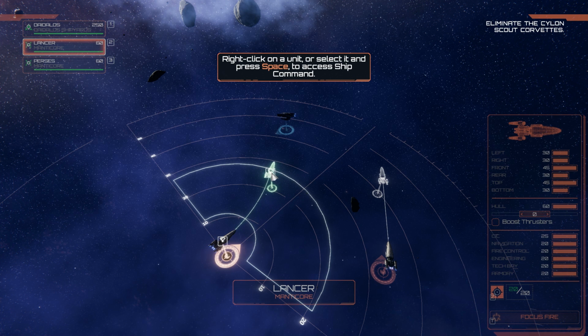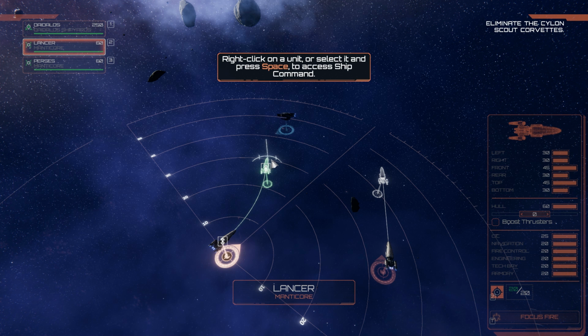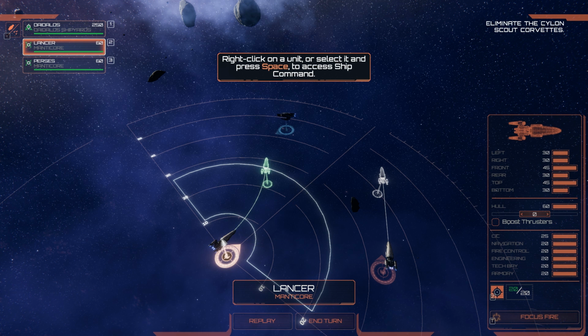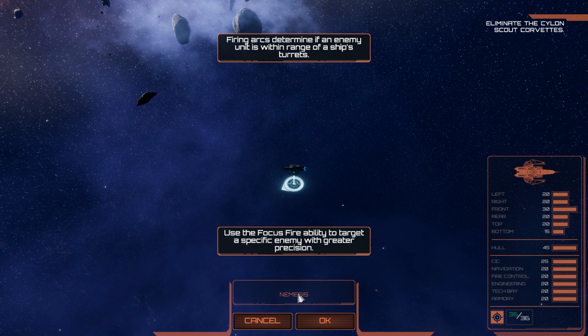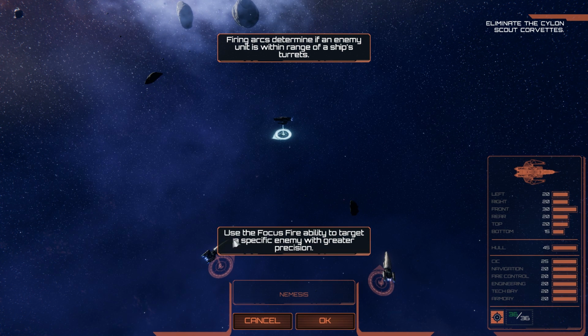If you take damage, you'll want to make sure you repair your subsystems so you aren't caught with your pants down. Most of your actions are on a right-click menu specific to each ship, so you don't get overwhelmed with a ridiculous user interface. However, despite fixing a lot of the issues I have with space strategy games and being